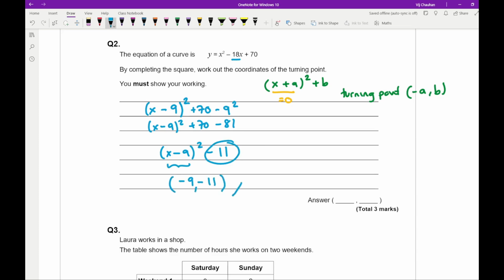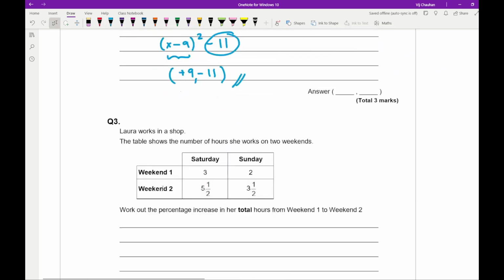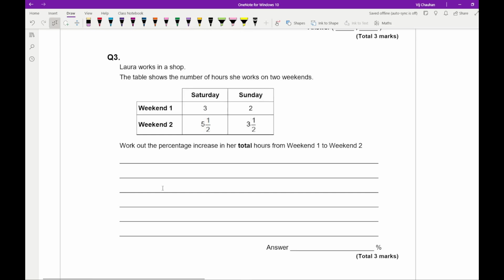So my coordinate then is going to be positive 9 minus 11. Moving on to question 3, it says Laura works in a shop. The table shows the number of hours she works on 2 weekends. And the question is asking us to work out the percentage increase in her total hours from weekend 1 to